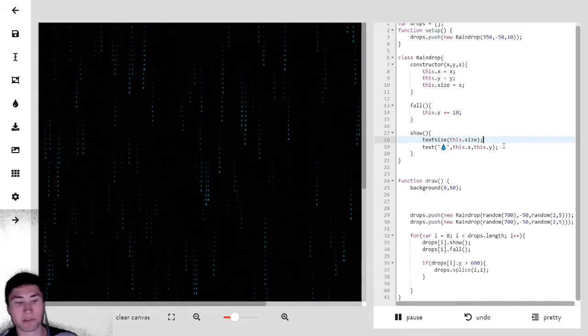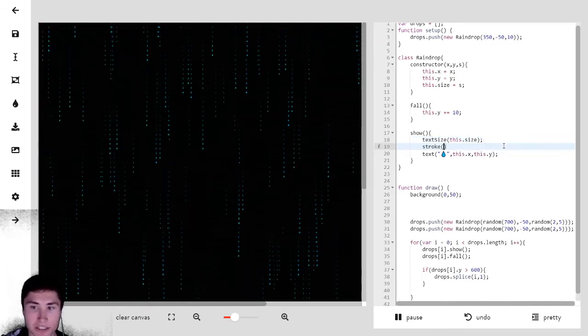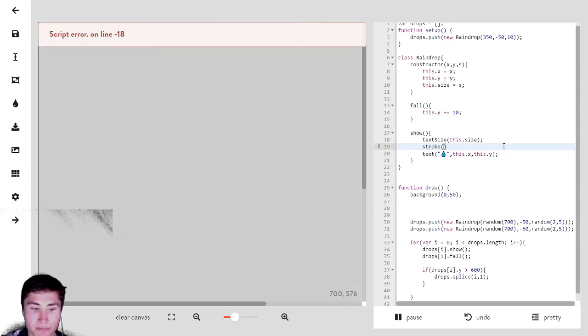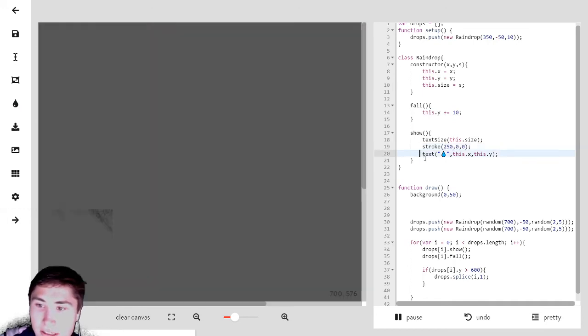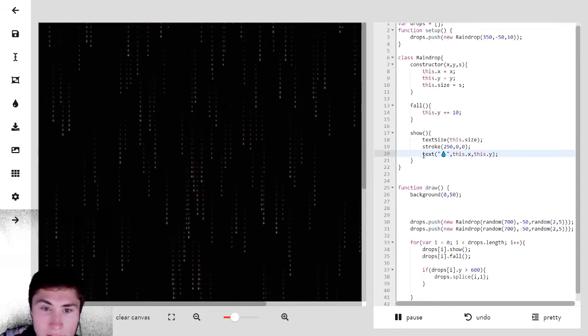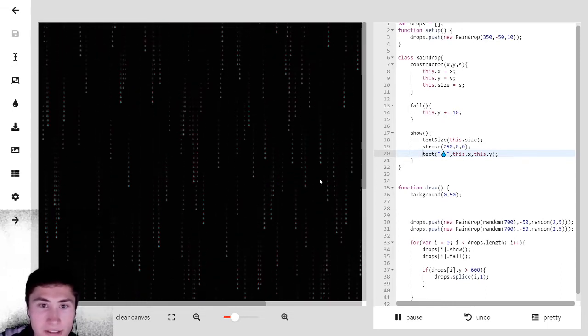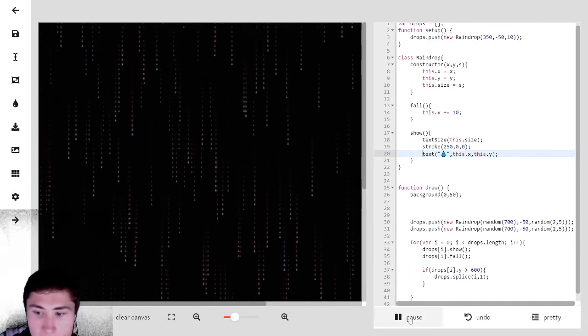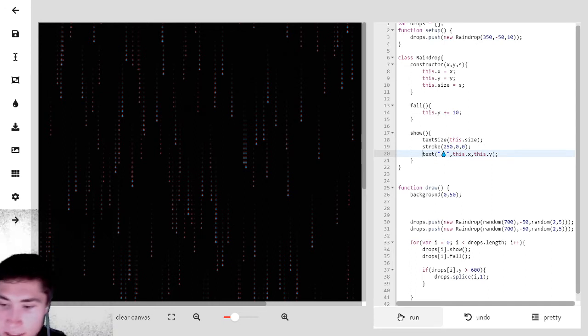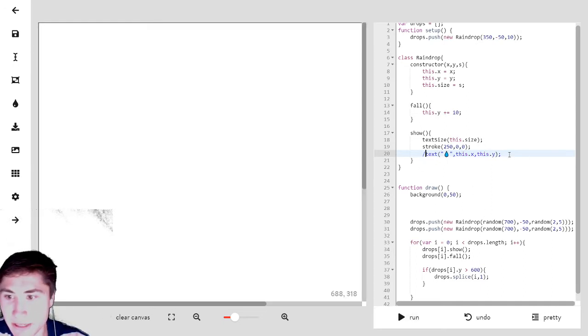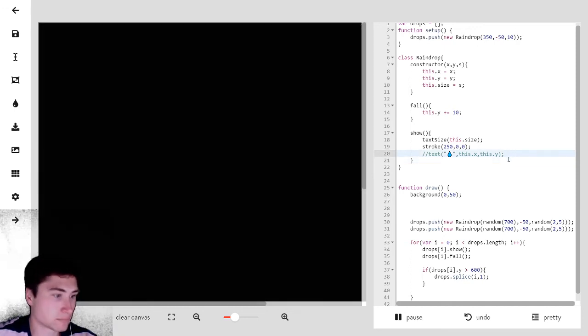I think it's always going to be blue because we're using an emoji. But we could try changing the stroke to red. Let's try that. I think that's doing something. It looks kind of red now. Oh, the outline of the raindrops is red now. That's kind of cool. But I guess if we want it to all be red, we could change the text to